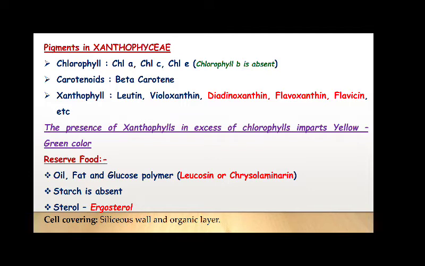Another important character is the pigments in these algae, which impart the yellow-green color. The main ones are chlorophyll A and chlorophyll C, and chlorophyll E is also present, whereas chlorophyll B is absent. But the dominant pigments are xanthophylls: diadinoxanthin, vaucheriaxanthin, lutein, flavoxanthin, etc., of which diadinoxanthin provides the cell its characteristic yellow-green color. Like other algae, pyrenoids are absent in Xanthophyceae. The presence of xanthophyll in excess of chlorophyll imparts the yellow-green color. In